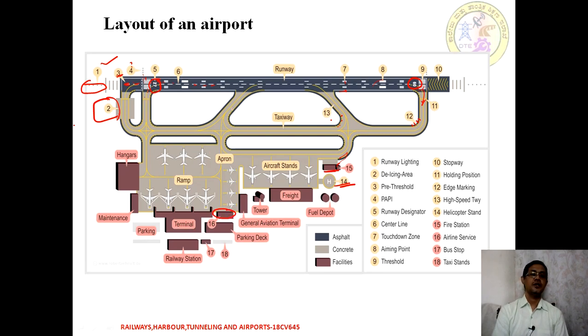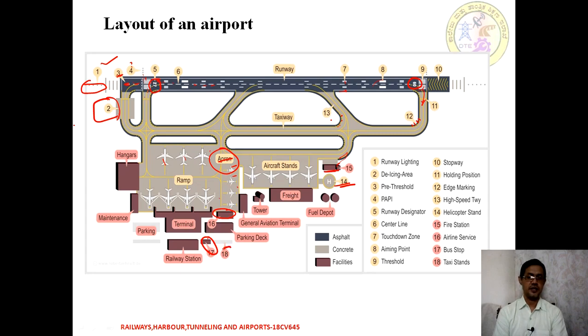Then whatever aircraft is pulled down from the main runway, the taxiway, then from the exit taxiway, this area where the aircraft are going to be standing or parked systematically in position in the base is going to be called an apron. So that is going to be there. Apart from that, we are going to have bus stops here. So that is going to be on the outer terminal facility, and these are the bus stops.